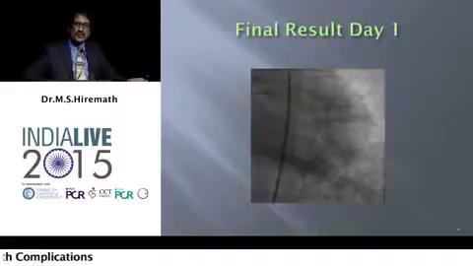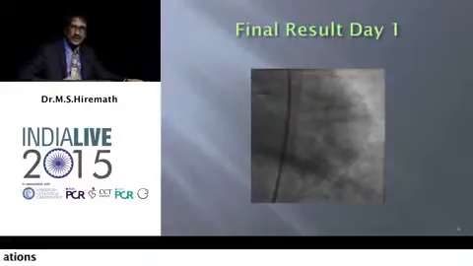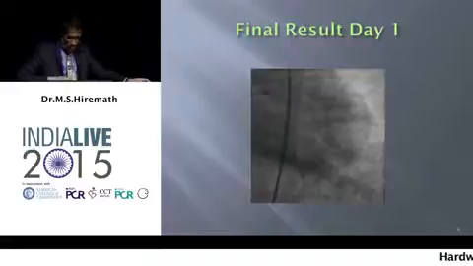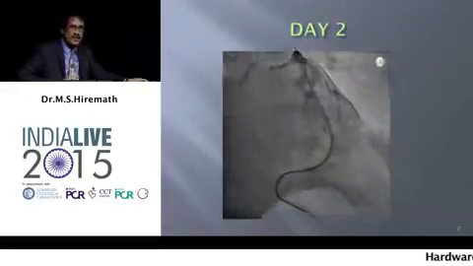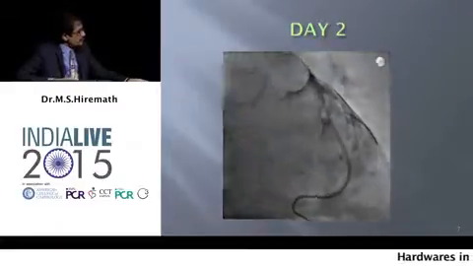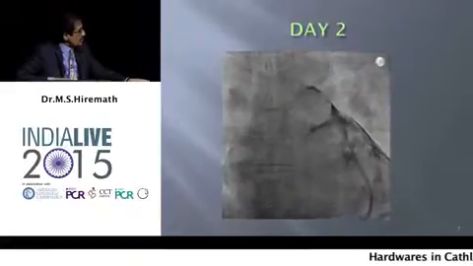Now this gentleman, same night, he went into atrial fibrillation. He had mitral stenosis. And we did not give him any Clexane for next 24 hours, but atrial fibrillation continued. So we thought everything is settled, patient was stable, no pericardial effusion. So we gave a dose of Clexane, and within 4 hours of this dose of Clexane, patient had huge tamponade, for which we had to sort of put in a pigtail. Patient went on a short period of ventilator,